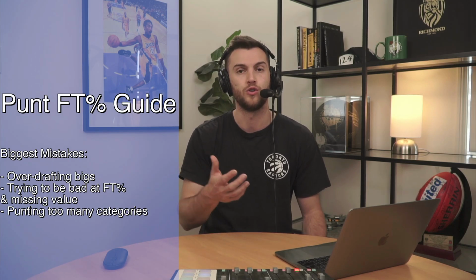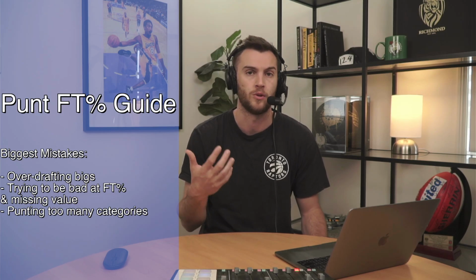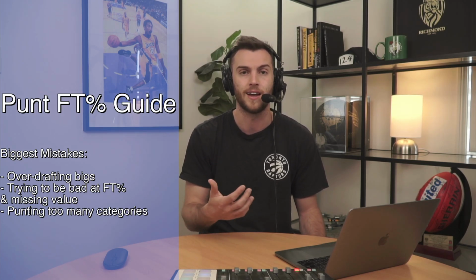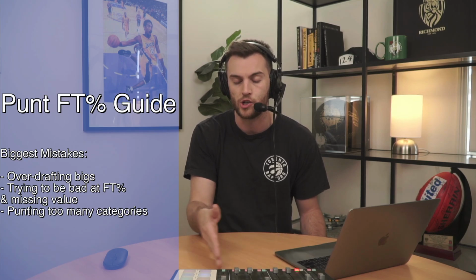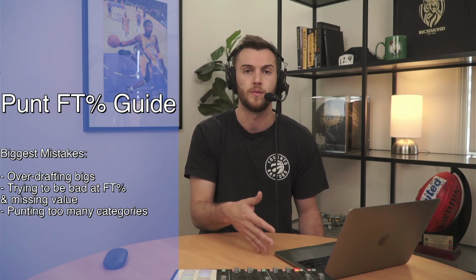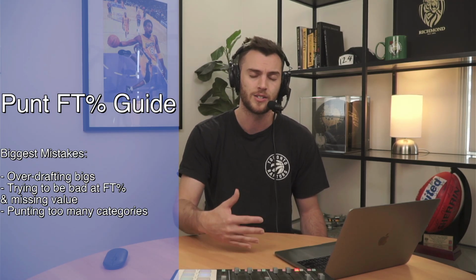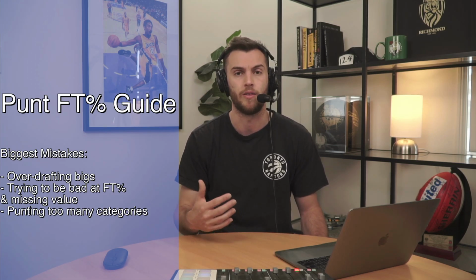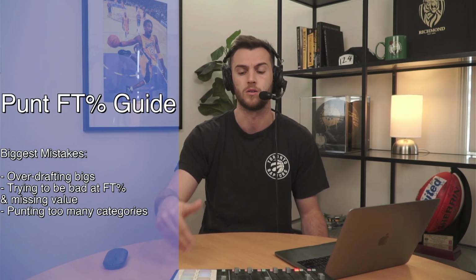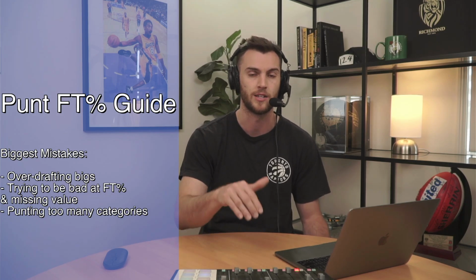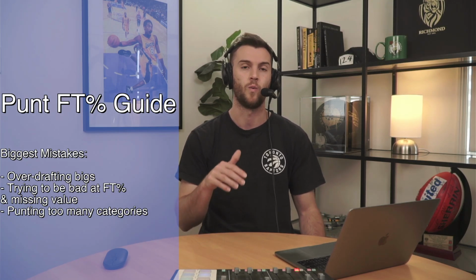If you really wanted to, you can use something like Basketball Monster's draft tracker. I don't think it's absolutely necessary, but if you're not using that, you can still get a decent gauge on where you're at least really competitive, and just keep building on those categories rather than thinking I've got to be the very best in blocks. I've got to be the very best in field goal percentage. I don't think that is necessary when you're doing a punt strategy like this, because it leaves you little room for the other categories to slide a little bit.